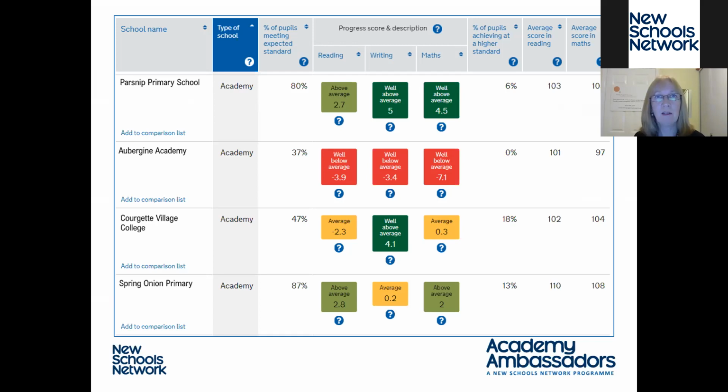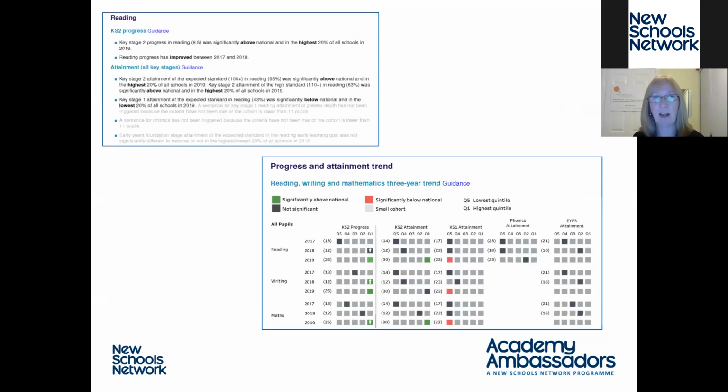So let's move on, because as I say, the principles are exactly the same for primary and secondary. What I've got here is a little bit of an extract for you. Again, I'm just trying to show you other sources of data that you can use. So remember I said about triangulating internal data. So I've shown you the DFE performance tables. This is something called the